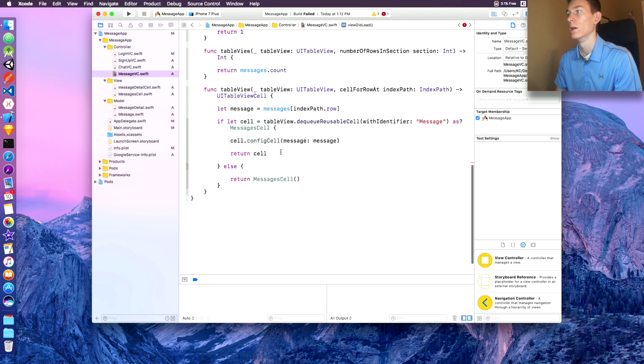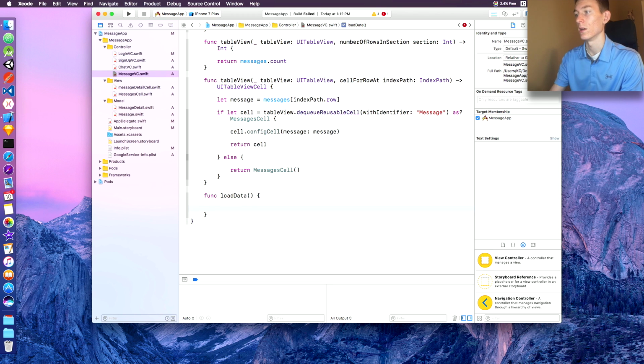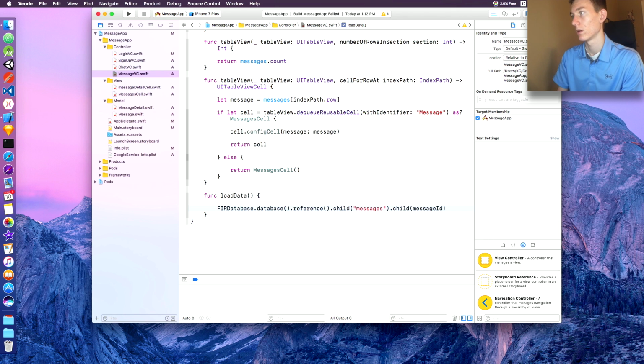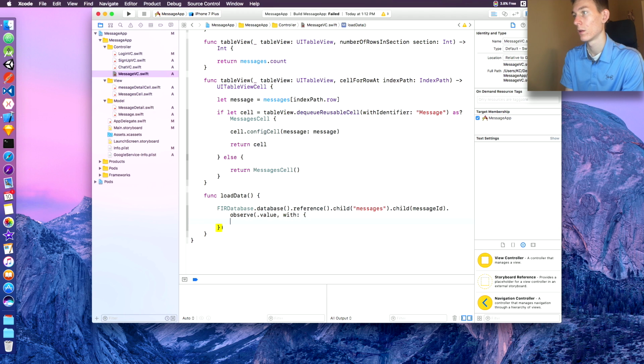Yeah, let's create this load data function down here. So func loadData, and we're going to say FIRDatabase.database().reference().child("messages").child(messageID).observe(.value) { snapshot in, and then enter. Okay, so down here we're going to say if let snapshot equals snapshot